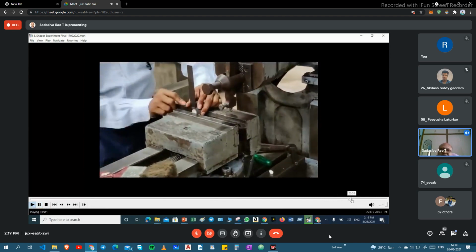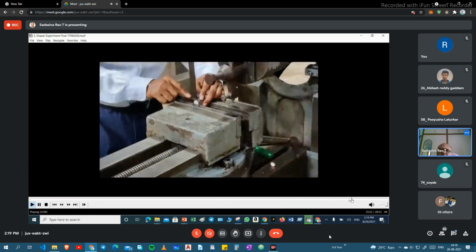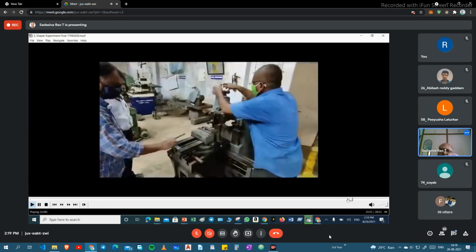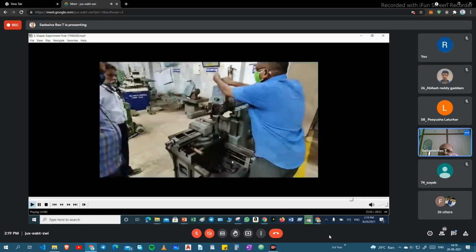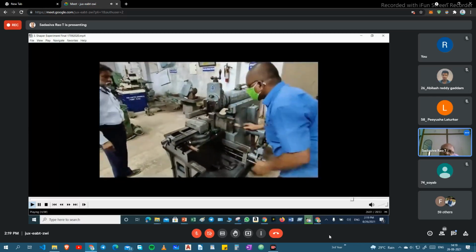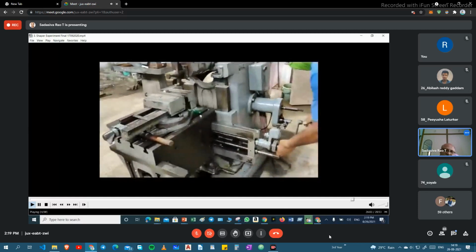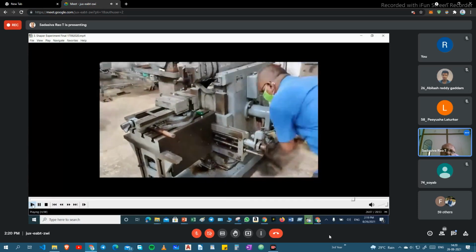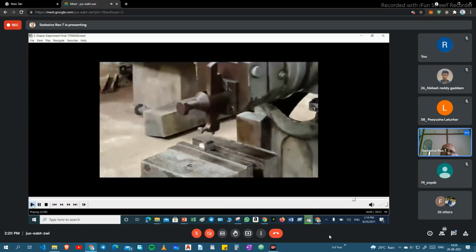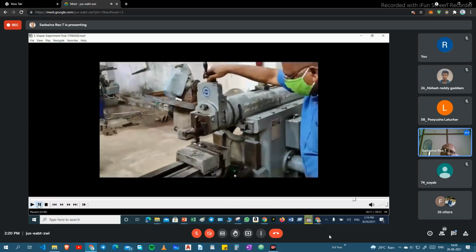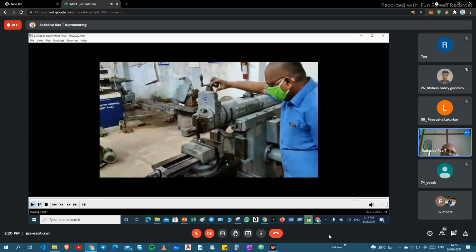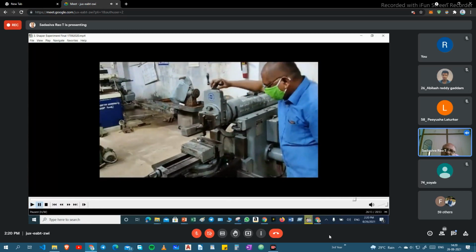You see the setting. So this side and this side machining is over.